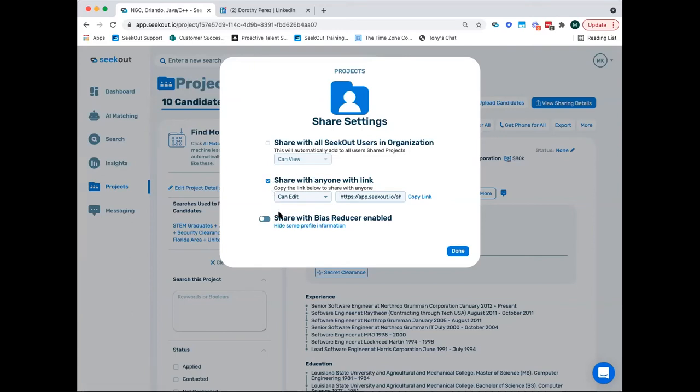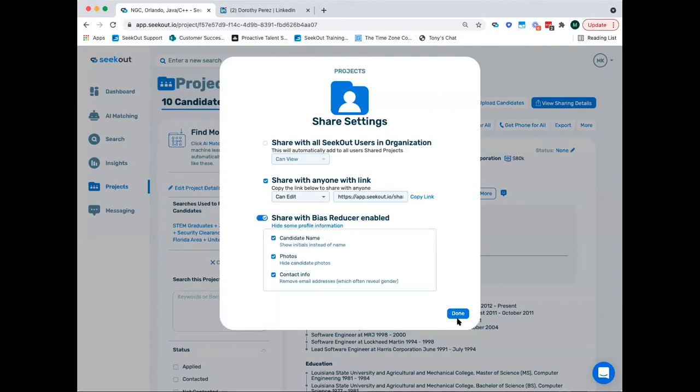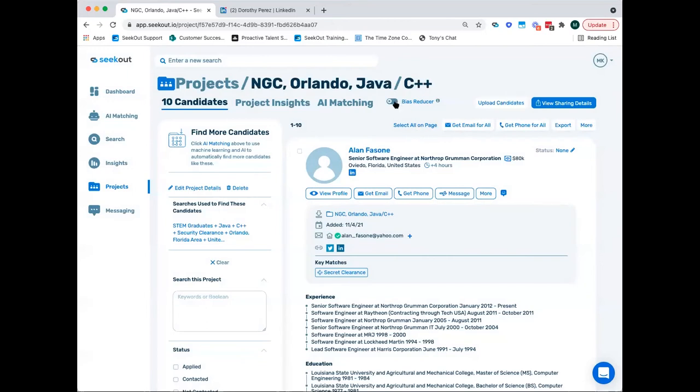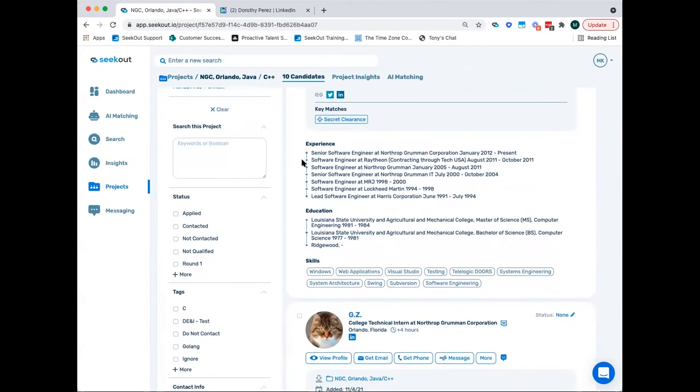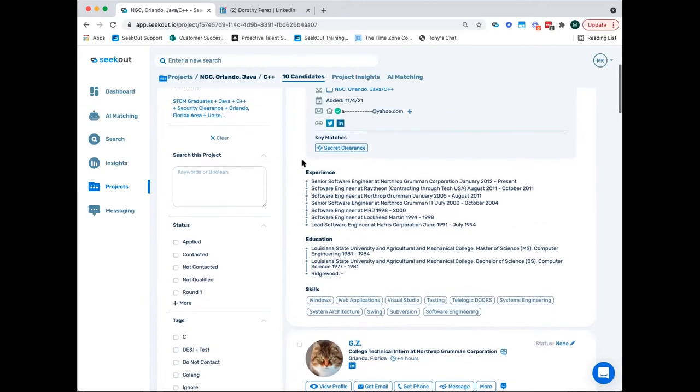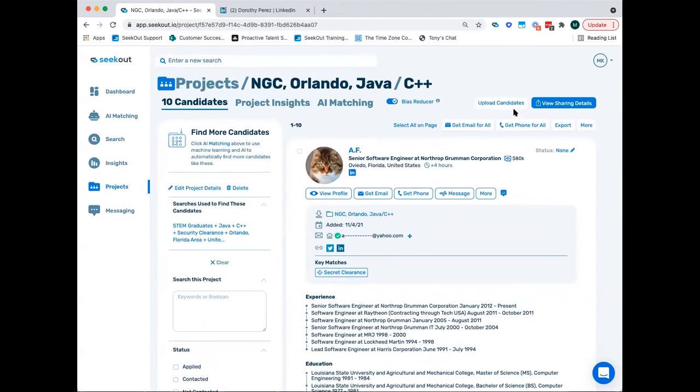And then we also have our bias reduction mode, and you'll notice when the bias reduction mode is enabled, it turns everybody's profile picture to a cat, their first and last name to their initials, and it removes any personal information from a candidate's email address, just to ensure that any opinions and decisions are being formed and made based strictly on a candidate's experience and education, ultimately aiming to remove any unconscious bias that might be present with whoever you're sharing this project with. And when it does come to that bias reduction,